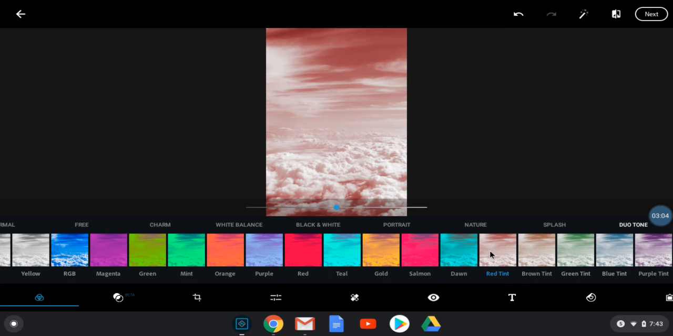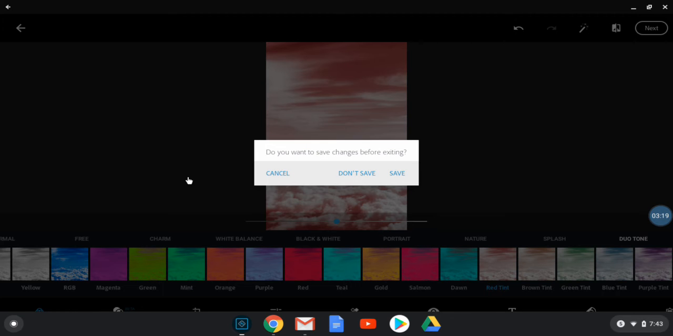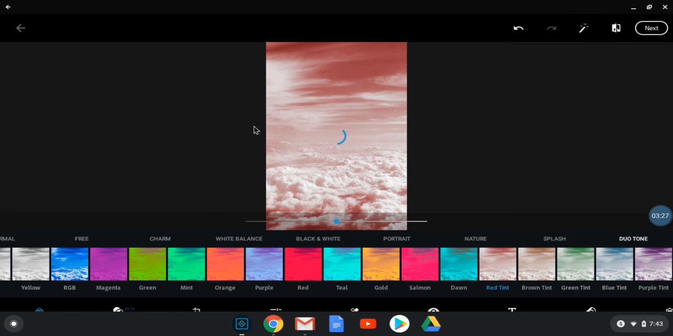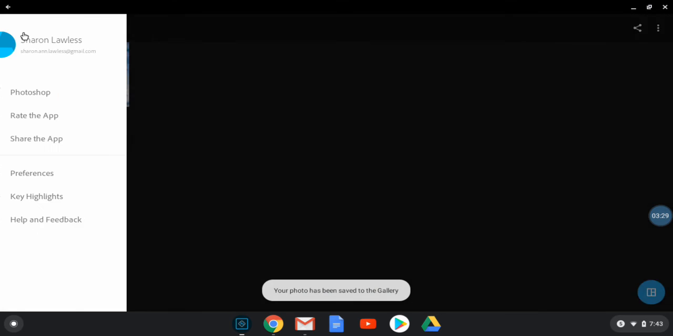So once again, select a sky and then go to duotone, and then select one of the many options that you have. And then once you're done, if you go up here and click the back arrow, it'll ask you if you want to save before exiting, and go ahead and select save. And then go ahead and click that back button, and then select your picture again, because I want you to take this same picture again, and then keep the look option